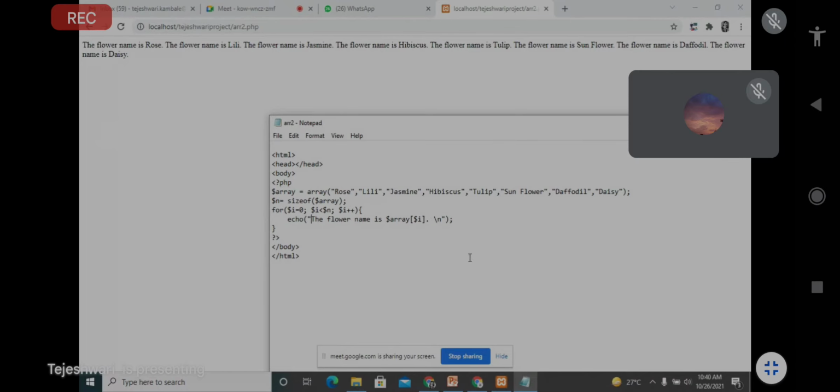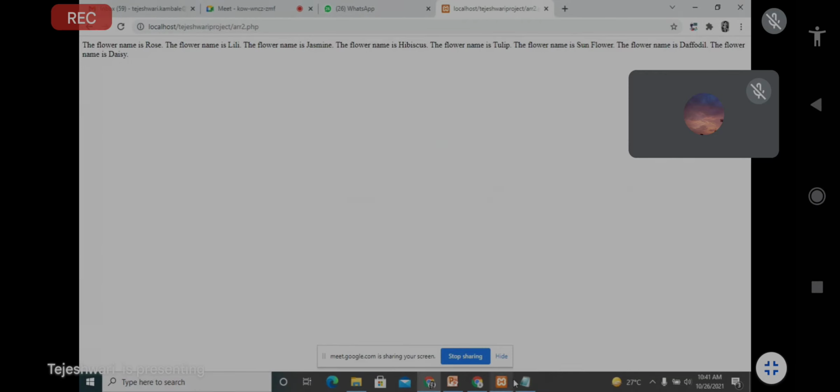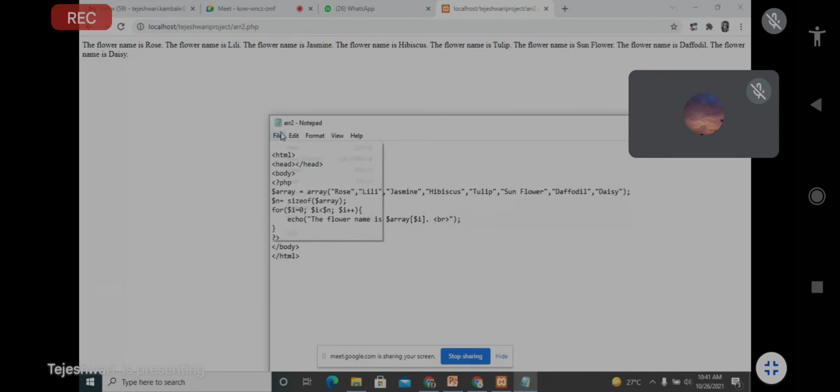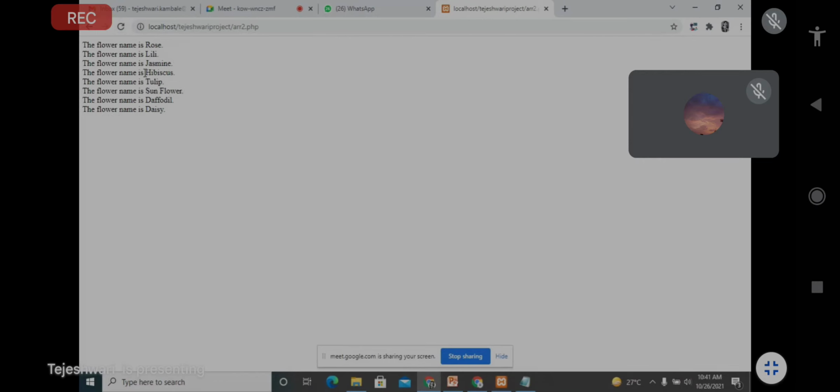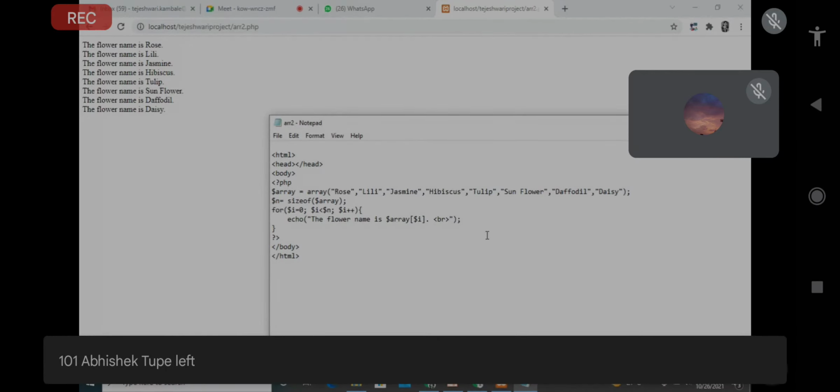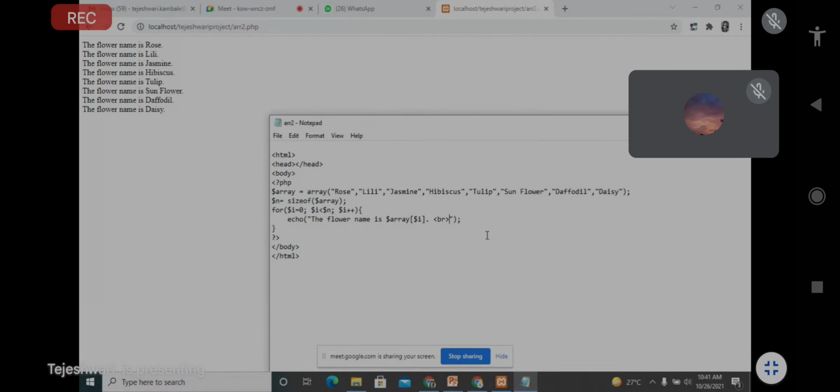Suppose there is a slash n, because this is one line only. I just pass the BR here. I want to check now. Whatever changes are done will be saved, so we save it and reload it. Now if you see this output, the flower name is Rose, and the next comes on the second line, because I removed the slash n and passed the BR for breaking the line.